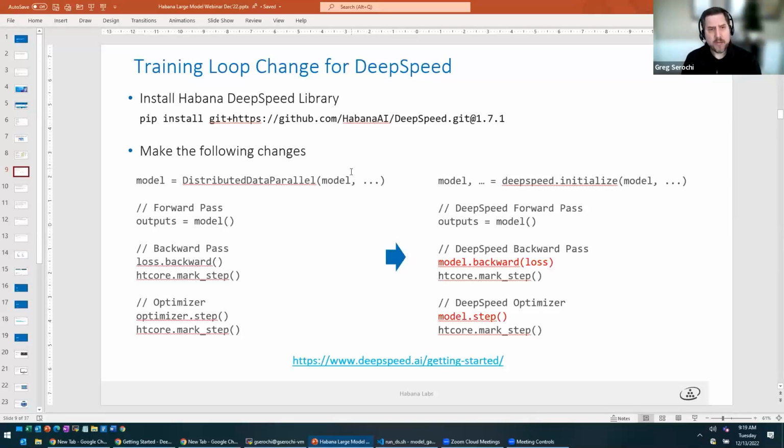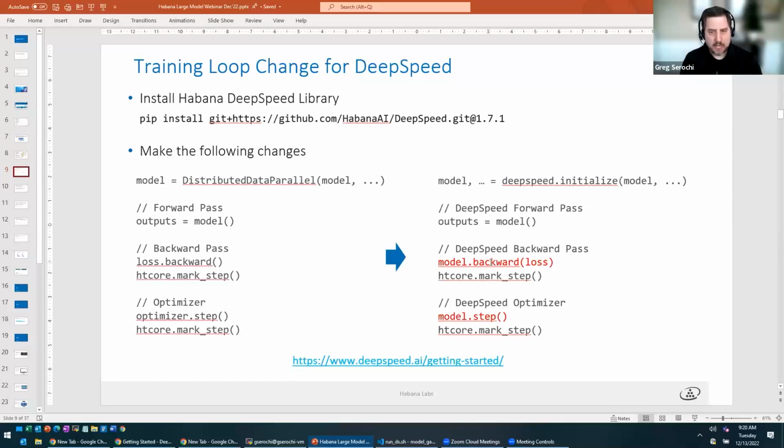Then, as we said earlier, DeepSpeed is really handling the distribution of the workload. So in this case, previously you may have used data parallelism, or in our case, distributed data parallelism for your PyTorch model. In this case, we're handing it off to DeepSpeed. So there are two functions, DeepSpeed initialize and another init function we'll see on the next page, that hand off all that control to DeepSpeed. And this also then, DeepSpeed manages, again, the backward pass and optimizer. So your typical